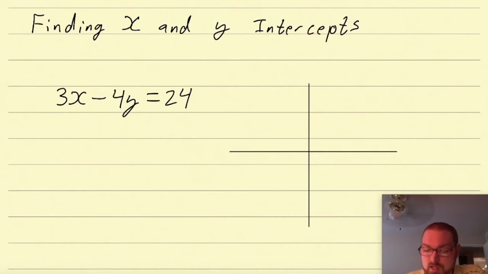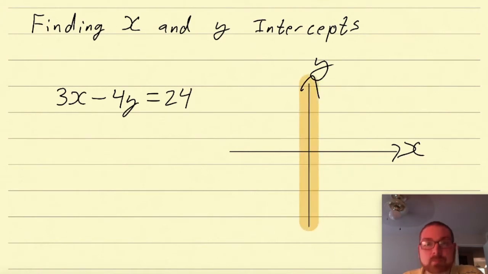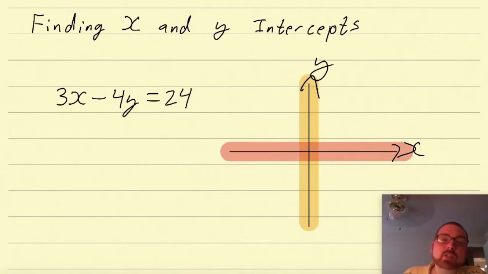The y-intercept is going to occur when it crosses the y-axis. So that intercept has to be somewhere along here. The x-intercept has to occur somewhere along here. So, when we're on that y-axis, what is the x value? Well, the x value is always